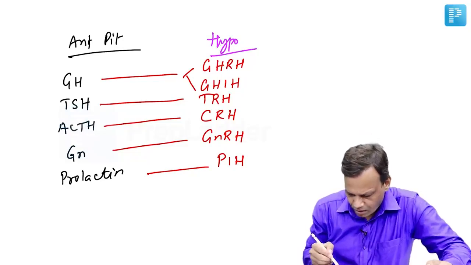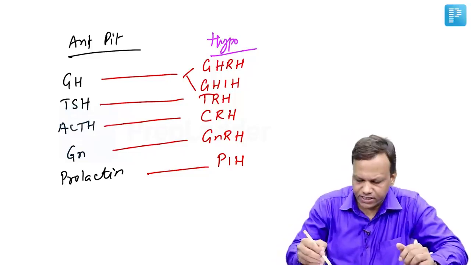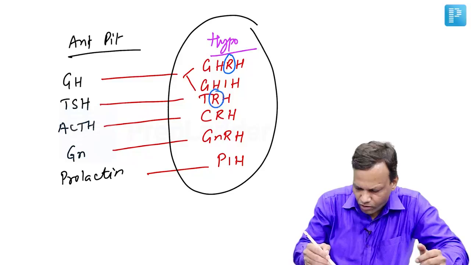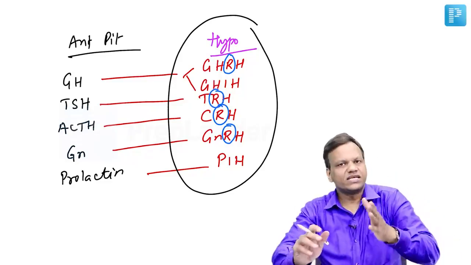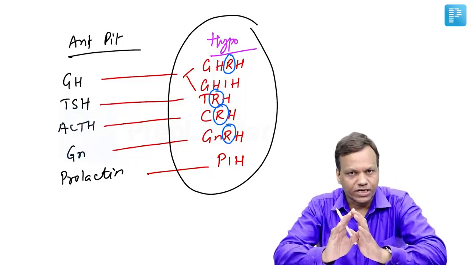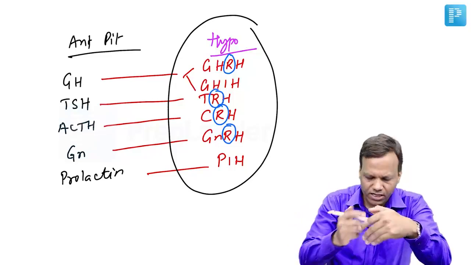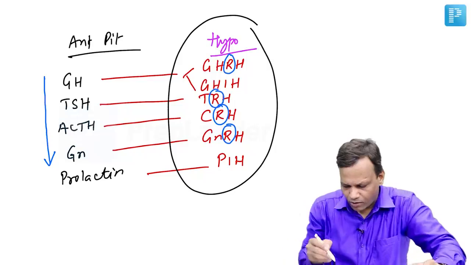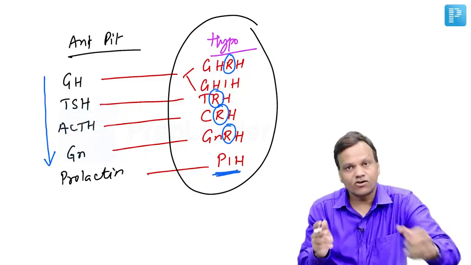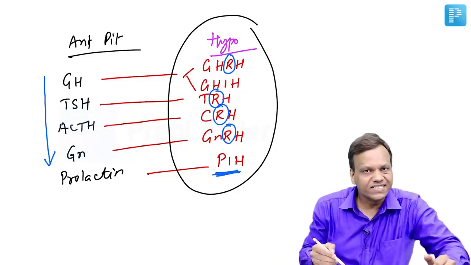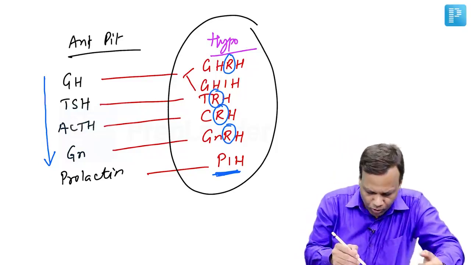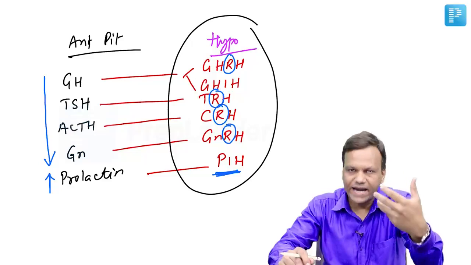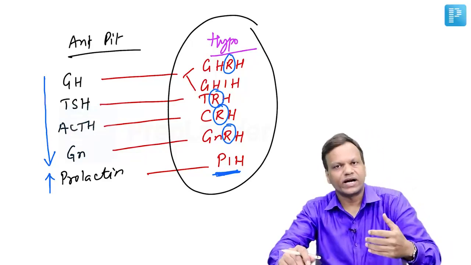Now, what is important? All hormones of anterior pituitary are under the control of hypothalamus, and hypothalamus secretes releasing hormone for all of them. That means if there is lesion between hypothalamus and pituitary, the releasing hormone cannot reach pituitary. So all these hormones will decrease because the releasing hormone is not coming. But prolactin, it is only having inhibitory control. So if there is a lesion, inhibitory hormone cannot come, so prolactin level will increase. So if there is a lesion between hypothalamus and pituitary, all anterior pituitary hormones will decrease except prolactin, which will